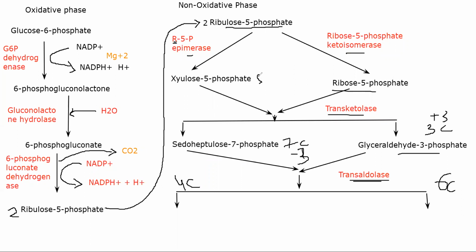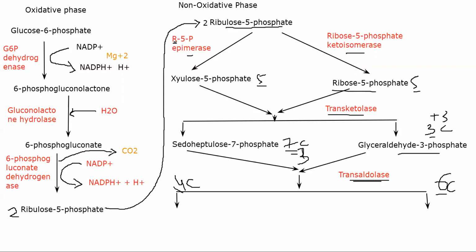You started off with 5 and 5. You're just moving the carbons from here to here. All right. So you're starting off with 5 and 5, then you go to 7 and 3, then you go to 4 and 6. In all of these conditions, you still have a 10 carbon molecule. Basically, two molecules in total with 10 carbons.